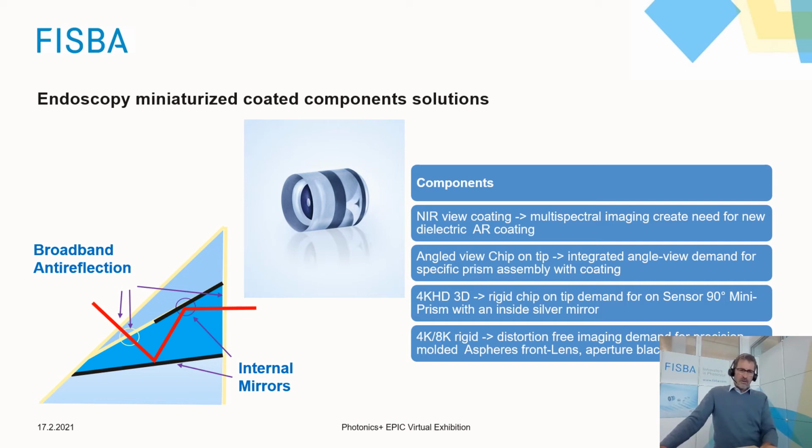Then you have integrated mirror deflections by the black bars seen here to accommodate the beam path across that folding prism. The prism can then be combined with an imaging lens, as described here, into a full objective lens system, creating the first image either for further transport in rigid systems or directly onto the sensor. Other topics we have developed here is that we integrate that mirror coating also on angled view, chip on tip, if you want to have your prism directly near the chip for 90-degree deflection, that can be done,